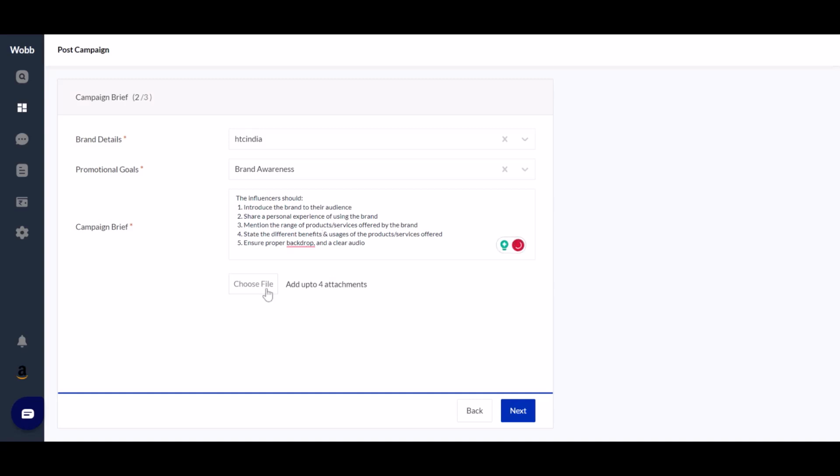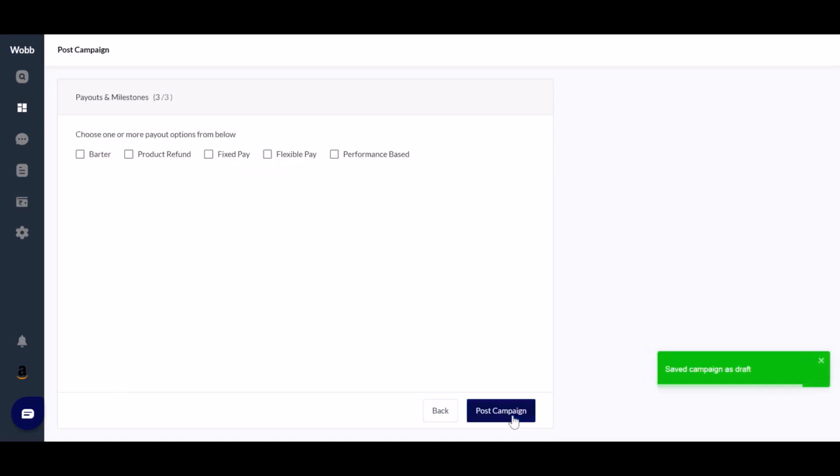And if you want to add images, you can choose your file and add certain images that you would want to show to influencers. And then you hit next. The last option is to select how you want to pay influencers. You can pay them either by barter,